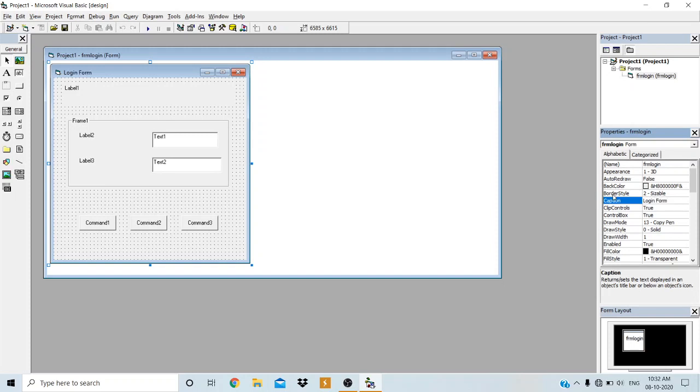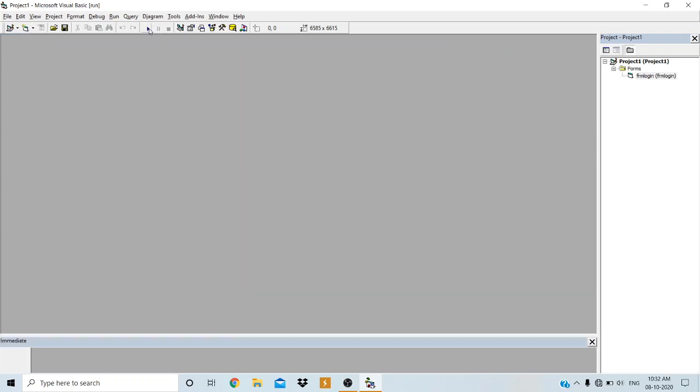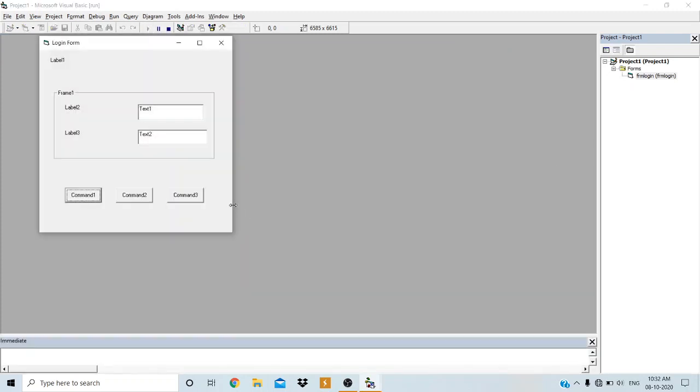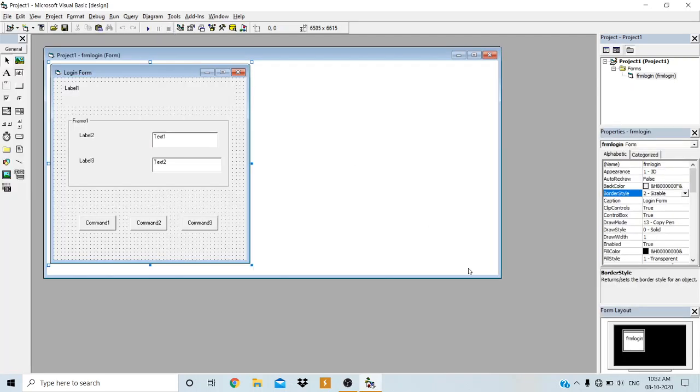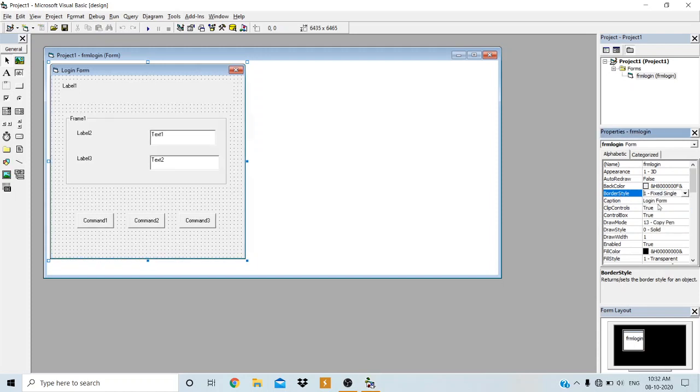I will change another property called border style, because when you run the application, by default we can resize this, either width or height, but I don't want to alter the window size here, so I will set the border style to fixed single, so that I cannot change the window size.